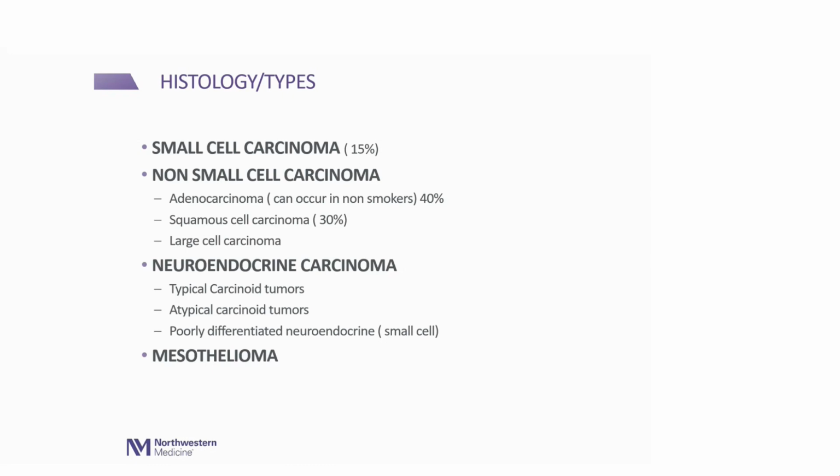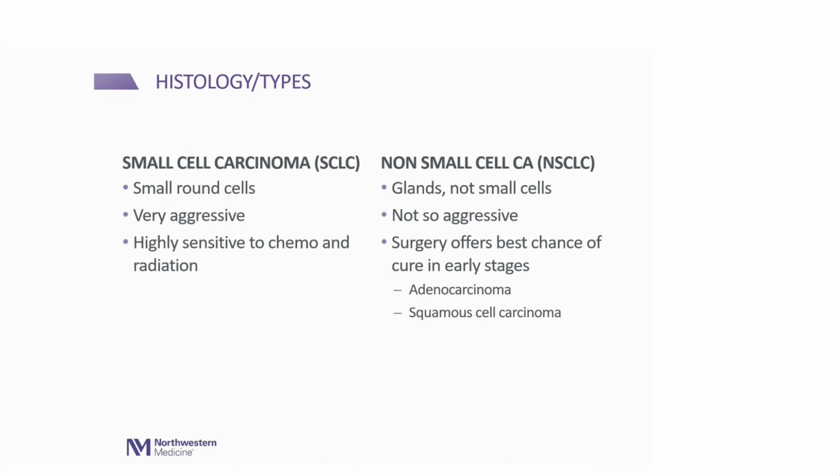For the purpose of the discussion and talk today, I really have not gone into any of the details of mesothelioma, because it's not that common, so I just left it off. But if anybody's interested in more information on that, I'll be happy to share later on. So these two being more common, I thought I'll give a little more detail about them. My next slide actually has a picture of what it looks like under the microscope. That may be a little more information, but I figured a picture is always worth 1,000 words. So once you see that, perhaps that'll stay in your mind to help differentiate why these names have come about at all.